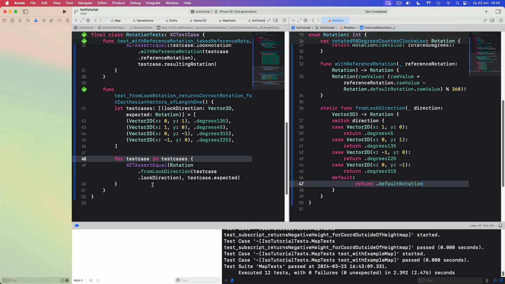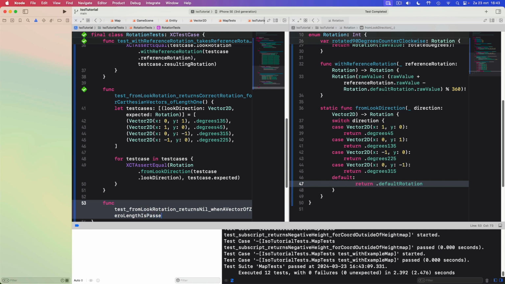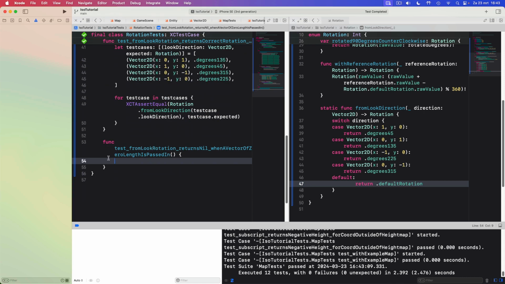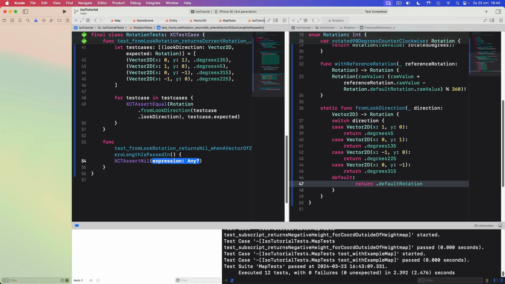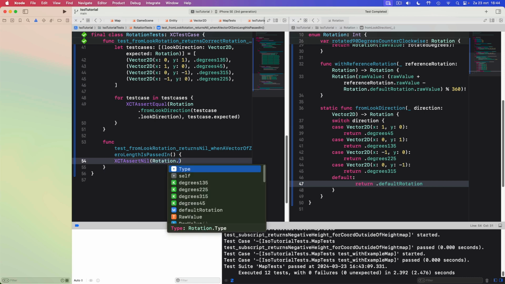So I think it's more obvious that from look rotation returns a nil for when a vector of 0 length is passed in. So we can just assert a nil for